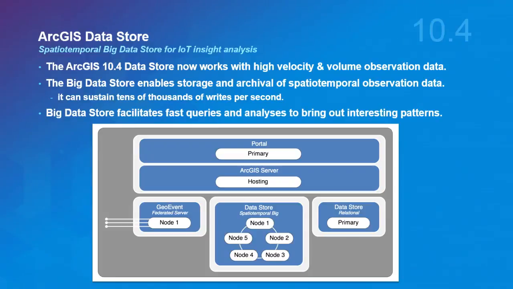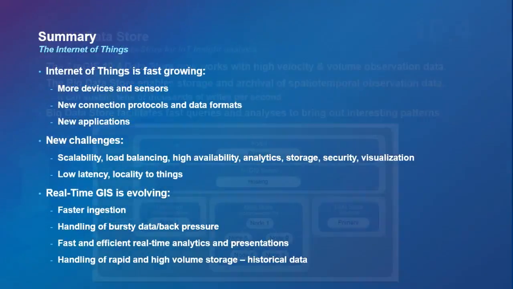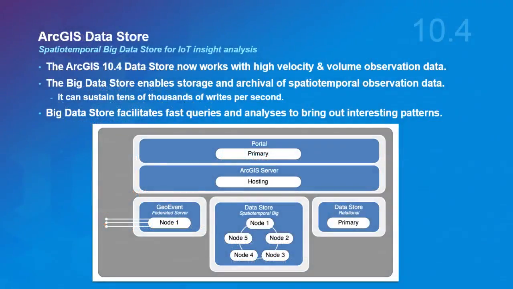So the big data store allows you to write at the rate of more than 10,000 records per second, as opposed to typical relational backends that do only 300 or 400 messages per second. That won't be enough for your high volume. Important things on this diagram, you can see that you can scale out the big data store by adding more nodes if your output is going to be higher than that rate, right? You can add node 1, node 2, form a cluster. You also get high availability, auto replication, fail-safe for free.